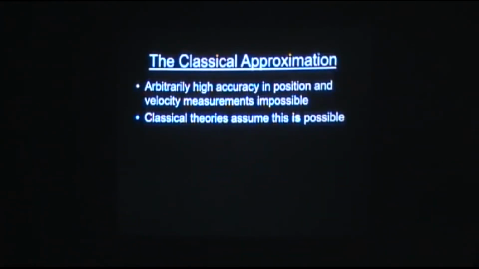First of all, Newtonian gravity and the general theory of relativity that it approximates, the basic assumption is that you can define positions and velocities of objects arbitrarily precisely. Okay, so you could say exactly what something is. Now, in the real world, that's not actually possible because of quantum effects.